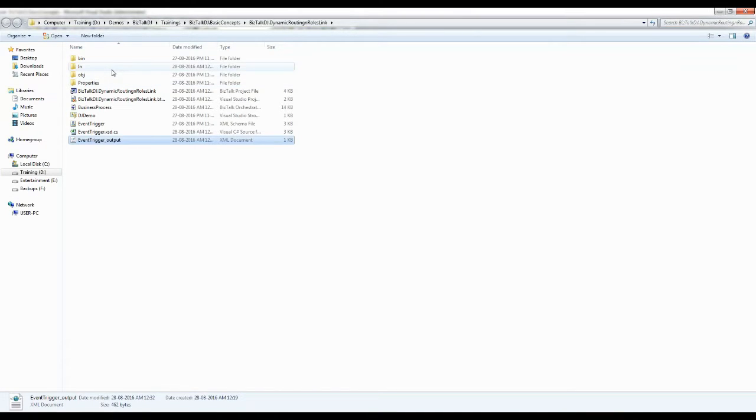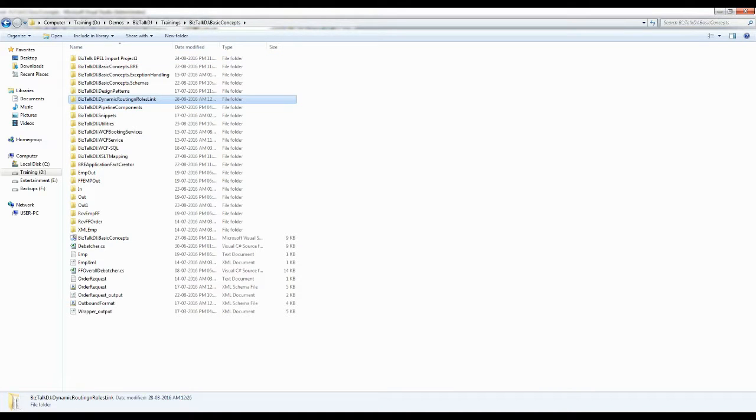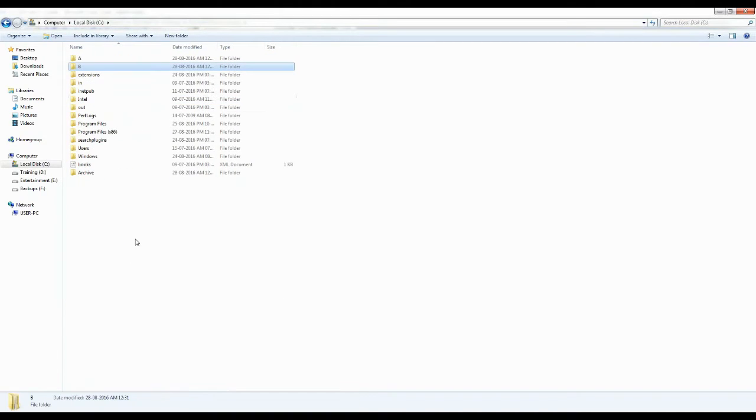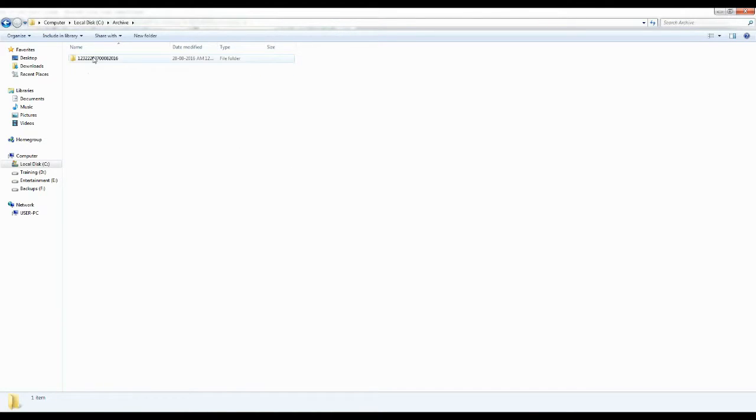Let us process by providing an invalid destination system in the event notification, and as it did not match the destination system A and B, archive directory was created and message was routed to the archive directory.